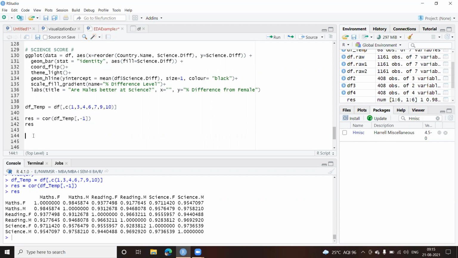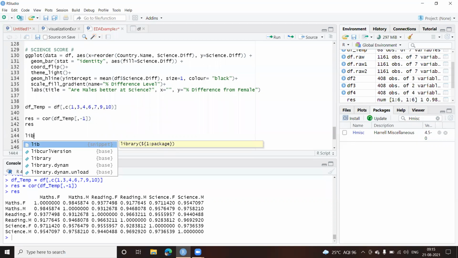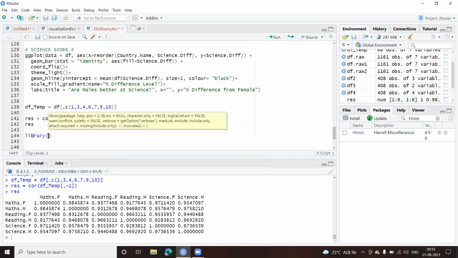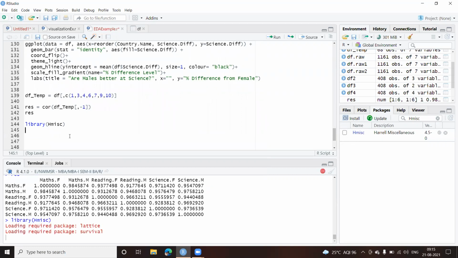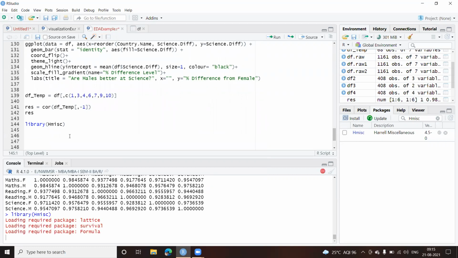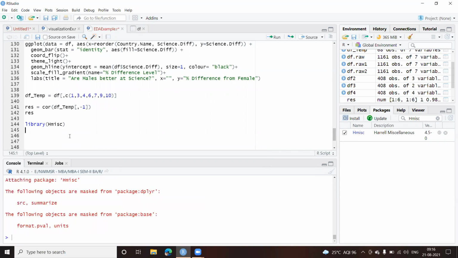So I'll just write here library into bracket Hmisc. Okay. Now this has to be included. So if it is not installed, please see that you install this library package as well. Okay. It might take some time to load. Okay, fine, done. So it is included now.